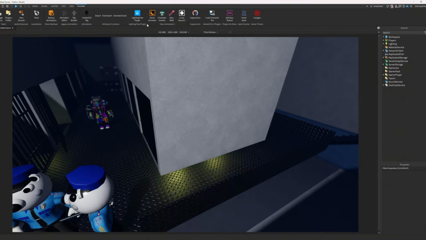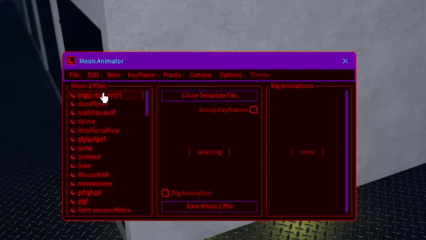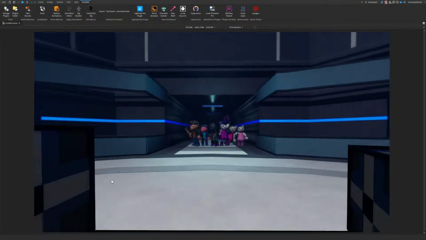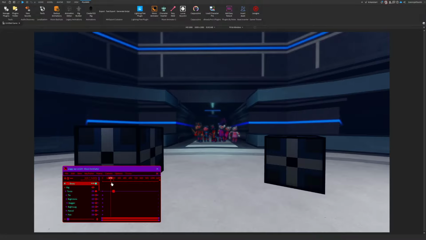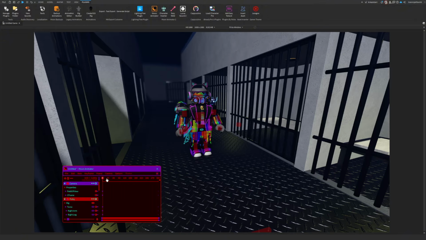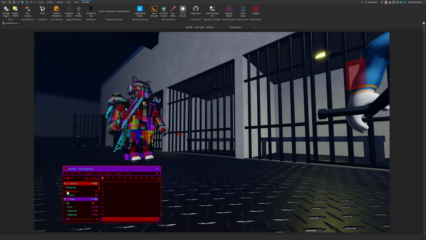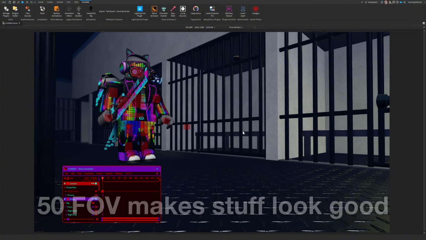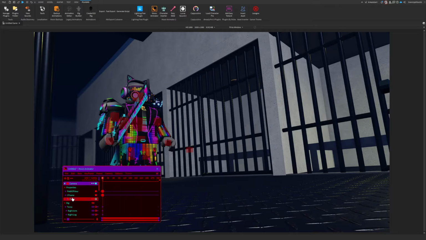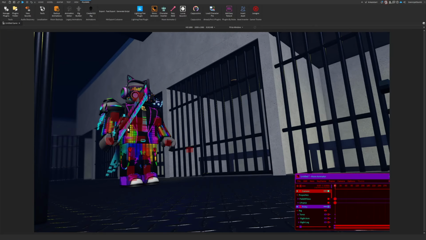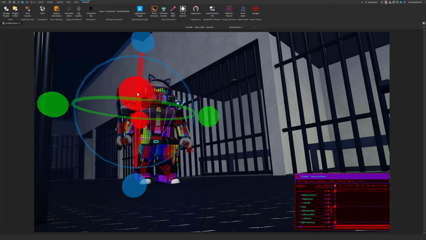And if we go here, I'm gonna actually just show you the animation process of me doing it. So if I go to Moon Animator, we can see this is what I have at the moment. This isn't what I wanted, but like I can't get what I want to work, so we're just gonna settle with this. Probably gonna use this model. My plan is having me holding the sword in this direction, while Holy falls to his knees. If we go 50 FOV, we should have cinematic like this, and then do we need it rotated? We'll have it rotated, and then we'll move this over here and start animating. I don't talk while animating.